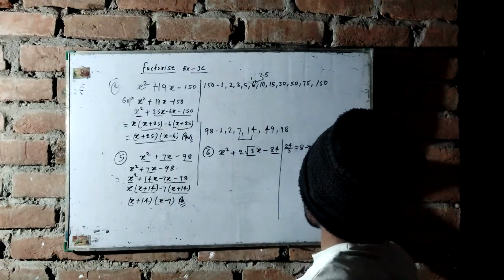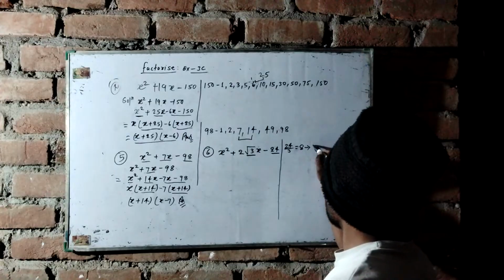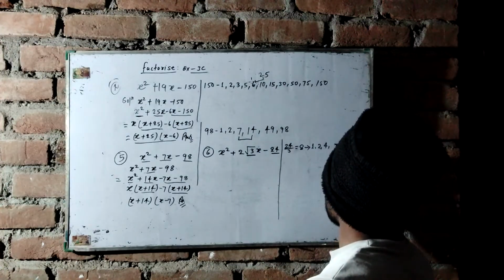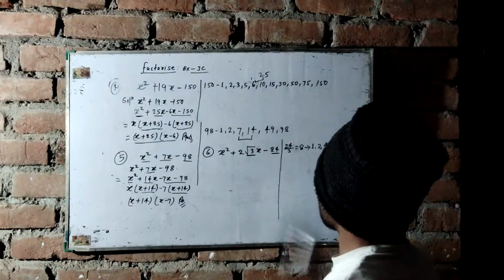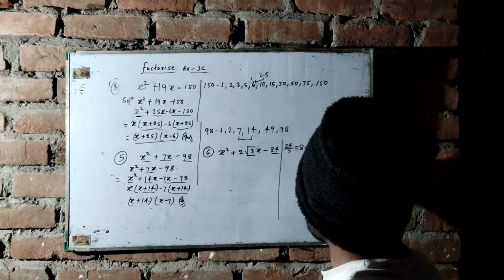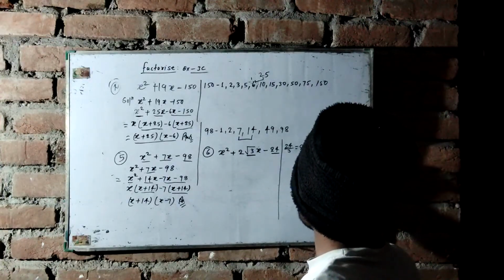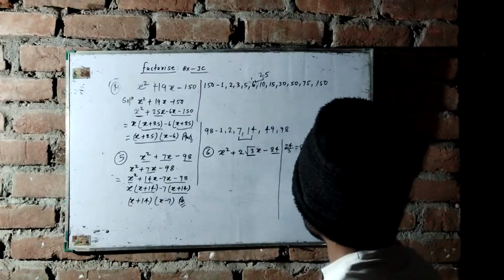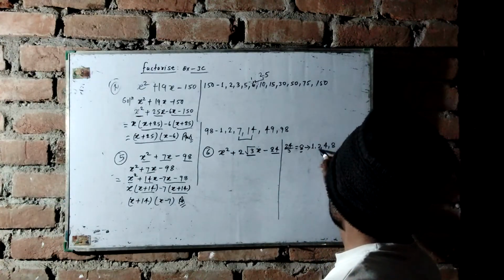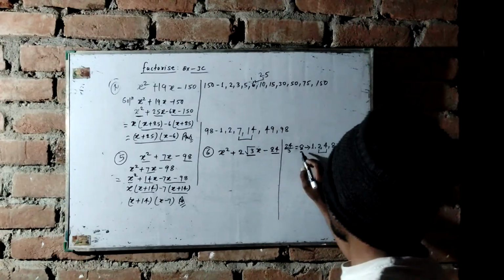Now we can write all factors of 8, and we get 1, 2, 4, and 8. So choose two numbers whose product will be 8. We can see here two numbers, 2 and 4, whose product will be 8,